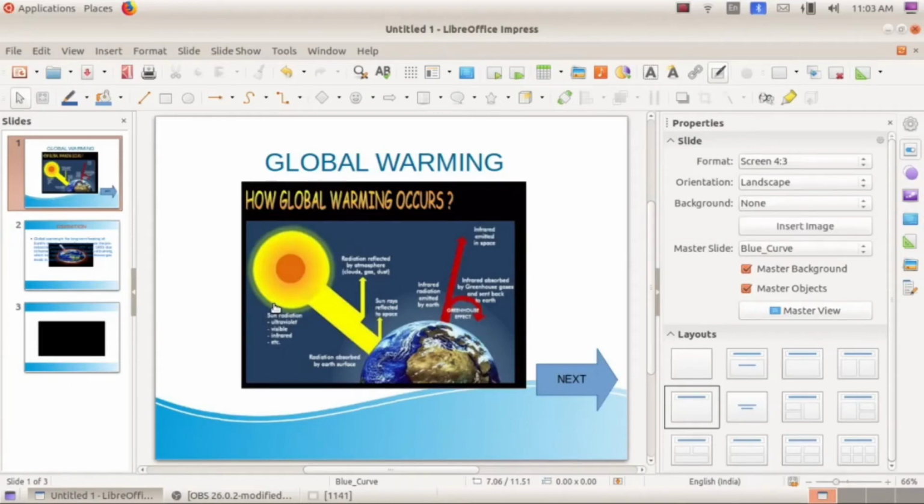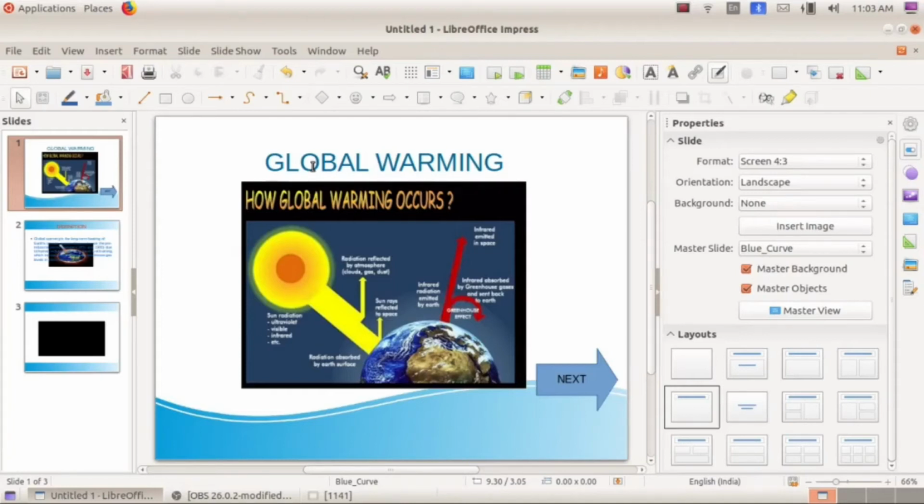Suppose if I click on this global warming text, it will take us to the internet, to Wikipedia. So we have to provide the correct URL of that website. If you provide the correct URL of that website, you can view it in Wikipedia. So it is internet oriented. How to link this presentation to that particular website? It is known as providing hyperlink.